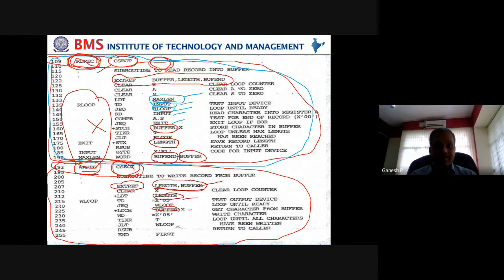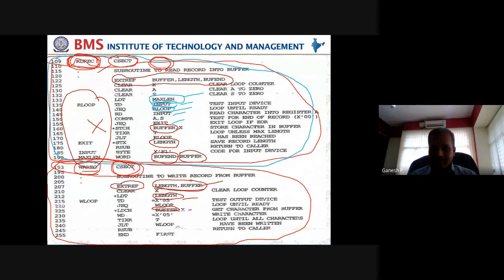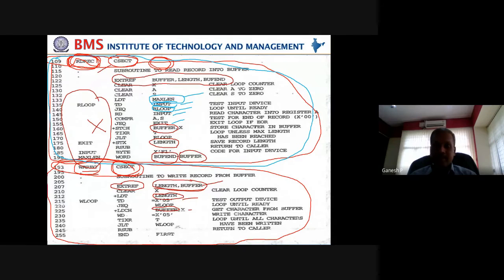But the problem here is, max length is defined on whom? It is depending on buffend and buffer. Where are the buffend and buffer? They are not here in the same control section. So they do not qualify to be part of the external definition. What is external definition? Defined and used. Are buffend and buffer defined here? No, because max length is depending on these. Unless these two are available, I cannot say max length is defined in the same control section. Even though I have used it here, I cannot say max length is part of this control section because it depends on two values which are not available here. Thereby, max length cannot be taken as an external definition.